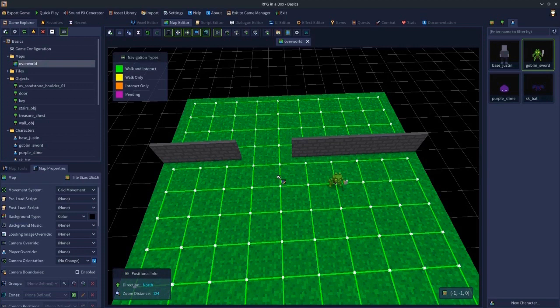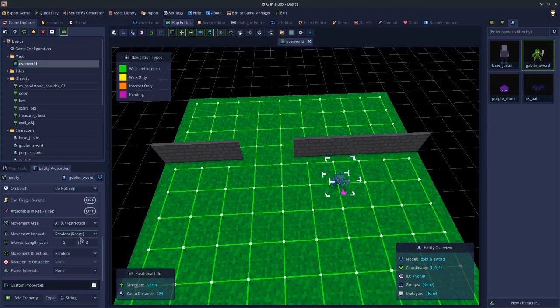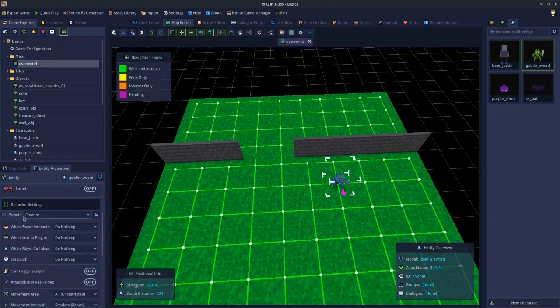How do you start a real-time combat? I've placed a goblin NPC on the map to begin with. So what I'm going to do is switch to the edit tool, and click on the goblin, and then in the properties for the goblin you will see a few important settings. You will see in the behavior section